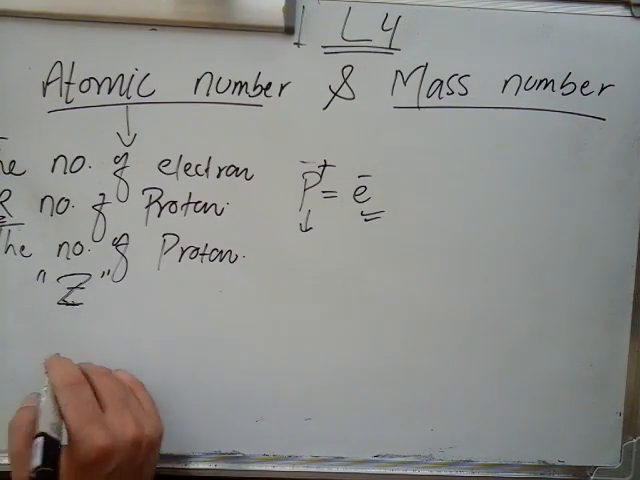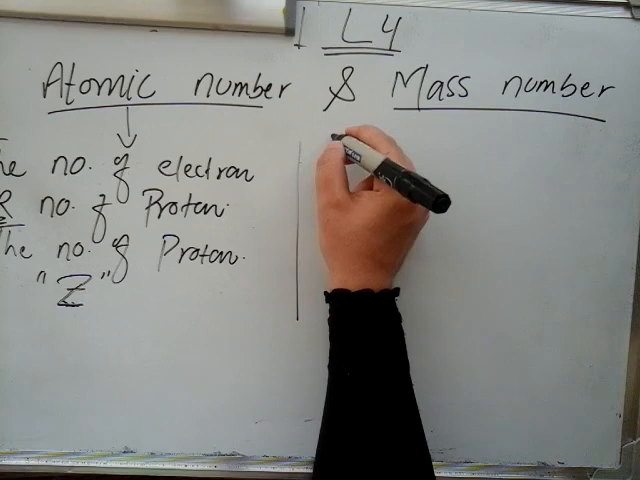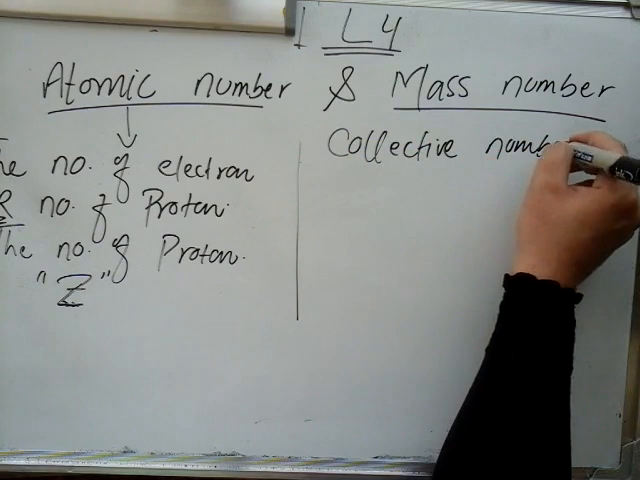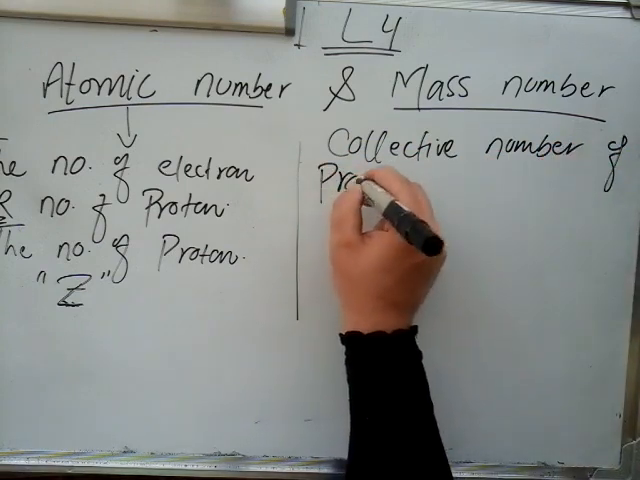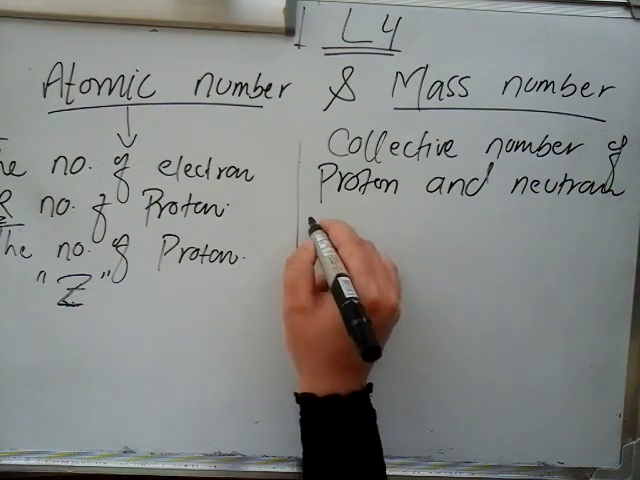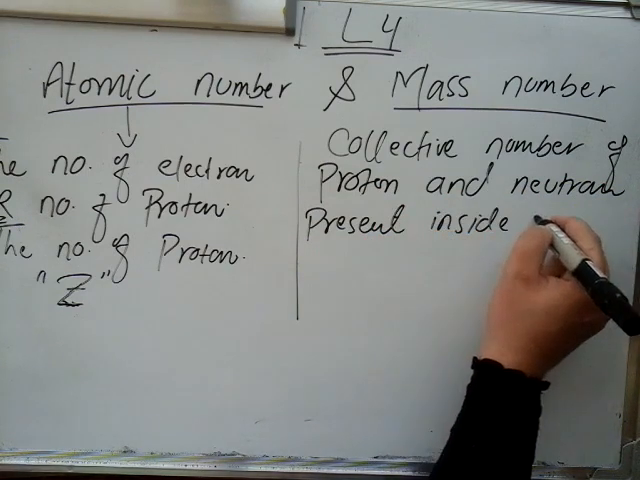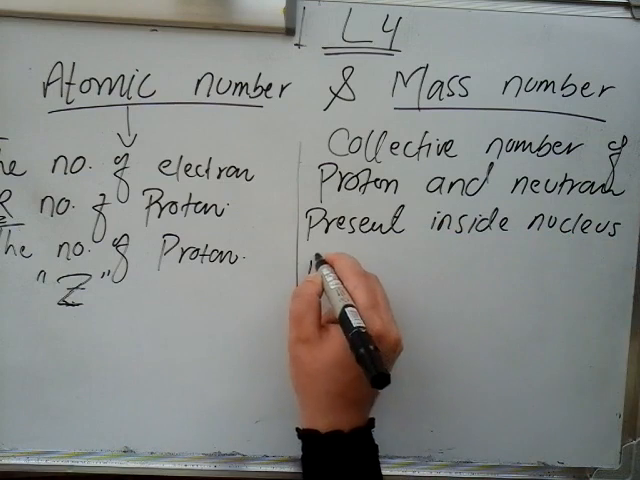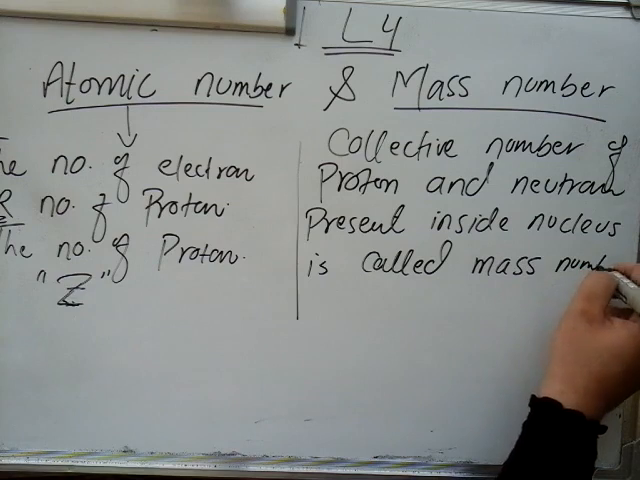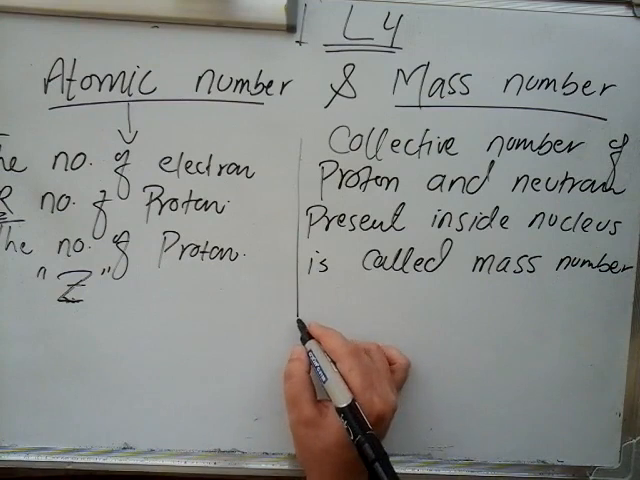Is that clear? On the other hand, mass number can be defined as the collective number of protons and neutrons present inside the nucleus. It is called mass number. Mass number is the collective number of protons and neutrons, and its symbol is